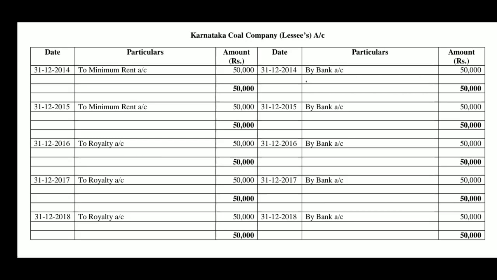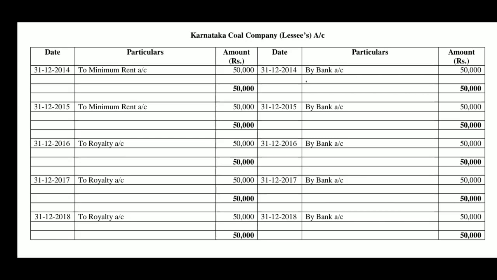Remember, therefore, the students have two options, whether to open minimum rent account in the years of short workings, that is when the minimum rent is more than actual royalty, short workings arise. In those years, we have two options, minimum rent account may be opened or may not be opened. So, here in the first problem solved, the first option has been exercised, that is minimum rent account has been opened in the first 2 years.